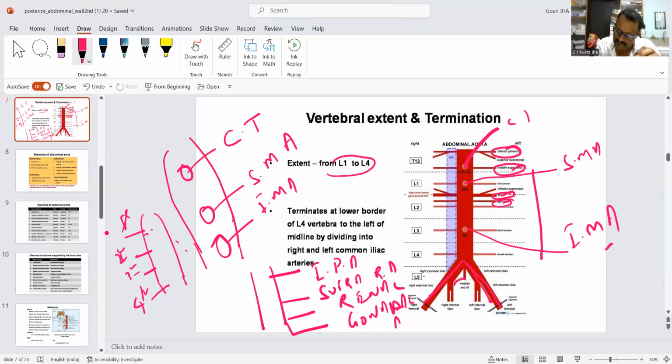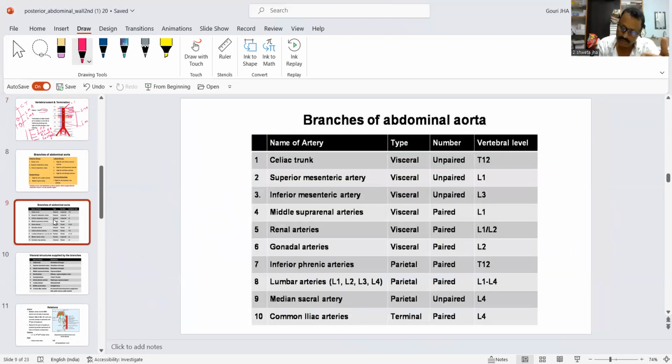This one is the medial sacral artery. This is the one branch which is coming from the back. So in total, 5 branches are coming from the dorsal aspect, 3 branches are coming out from the ventral aspect, and there are 4 branches which are coming from the dorsal aspect. So these are the names of the arteries,